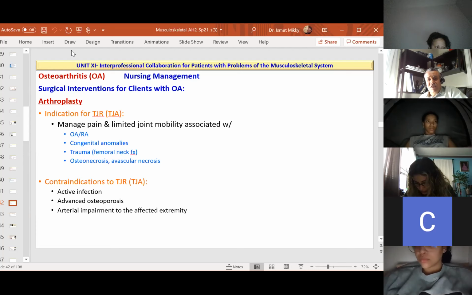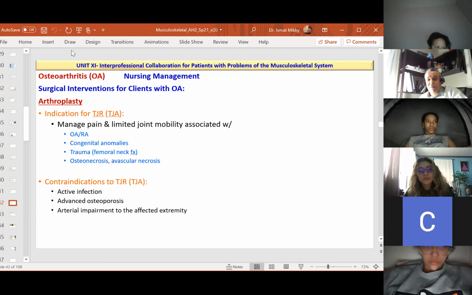So it needs a lot of education and a lot of commitment to the post-op period from the patient side, especially when there is a long-term joint rehabilitation. So if the patient is unable to commit to these post-op requirements, it's contraindicated